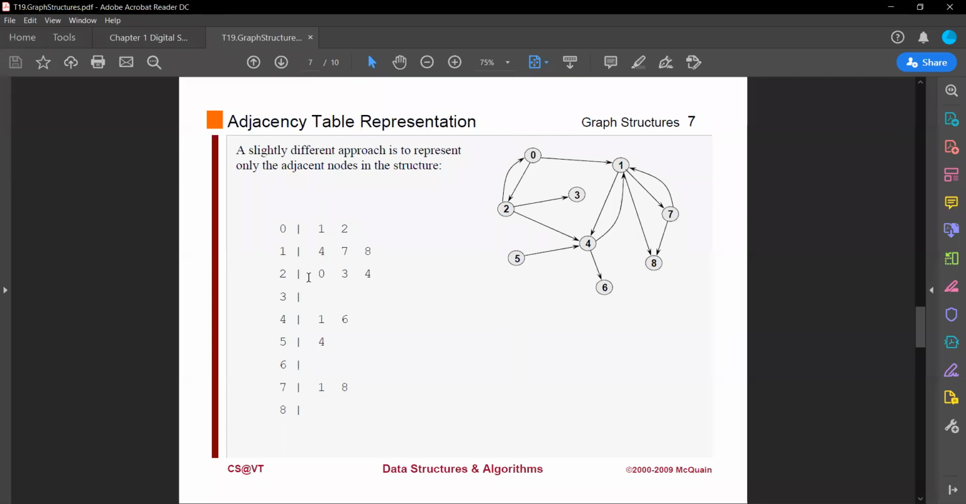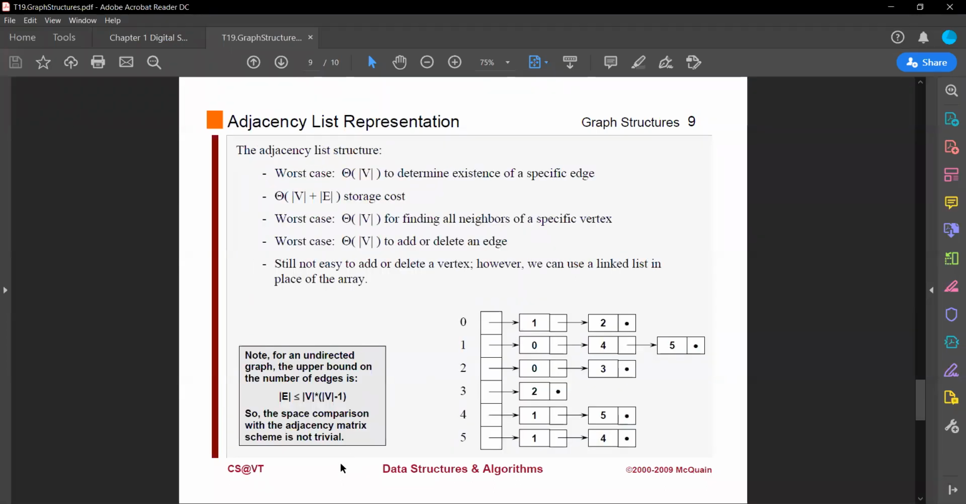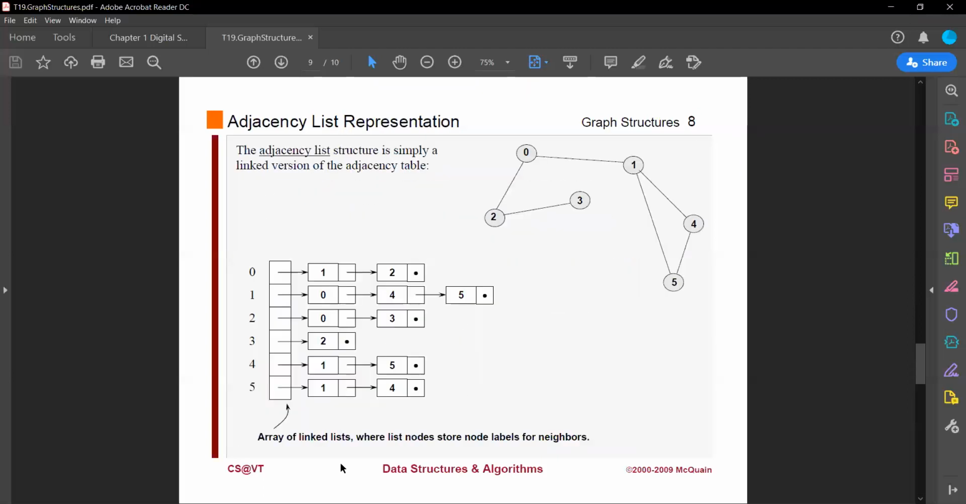In case of 2, 2 has an edge with 0, 2 has an edge with 4, and 2 has an edge with 3. That's why we write down here that 2 is connected with 0, 3, and 4, and so on. So this is the case actually. If you have any question, you can